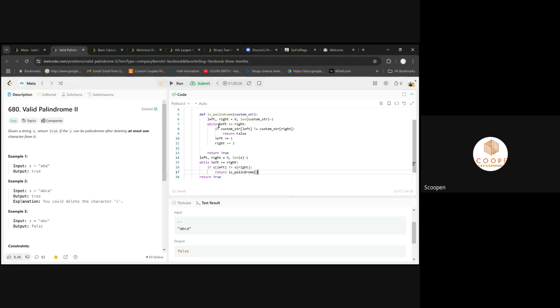Is palindrome of what? My custom string is basically going to be s from left plus 1, all the way to my right, including the right. Or do one thing, remove the right one and keep the left one. So what I'm trying to say is